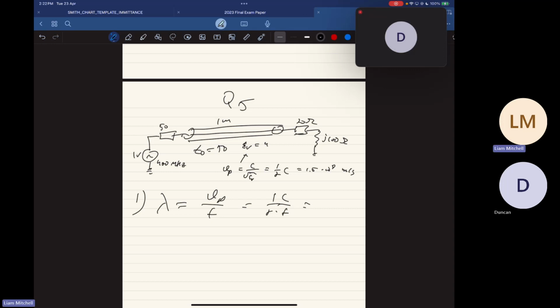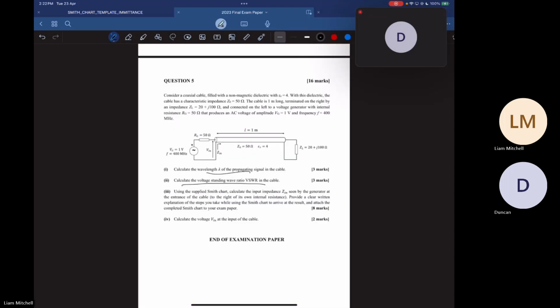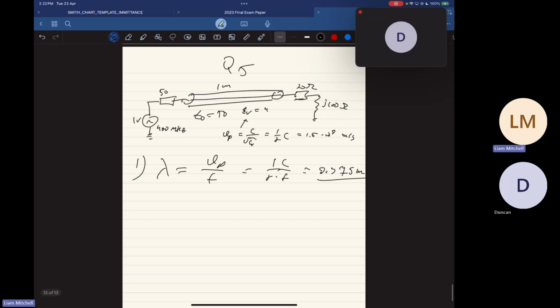I have this over here. 0.375. And we need to find VSWR of the cable. Okay, so